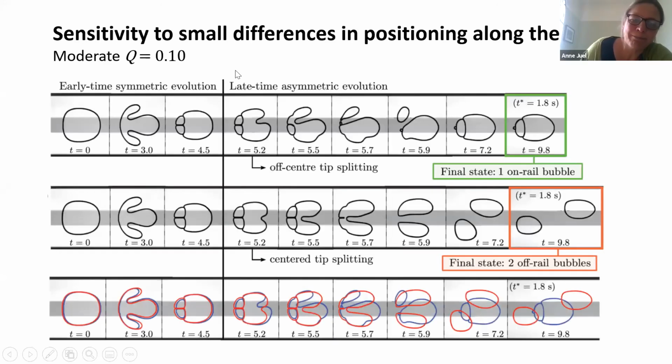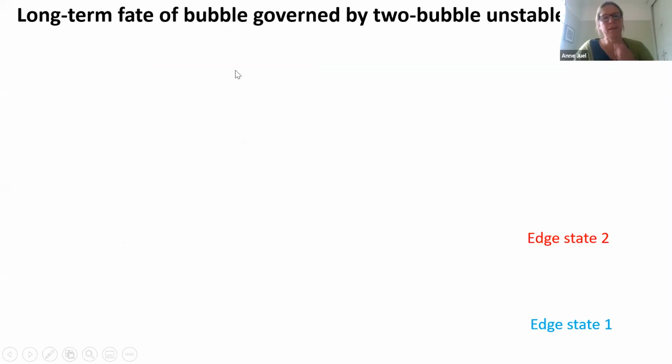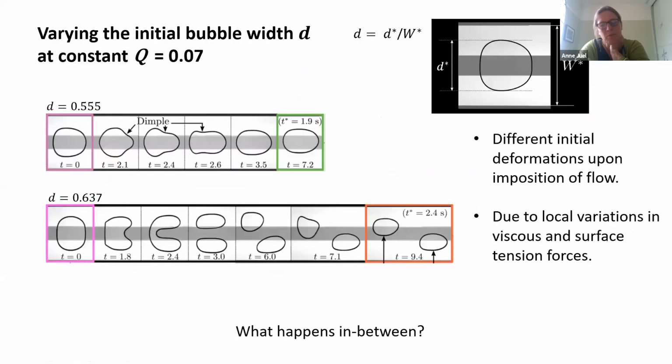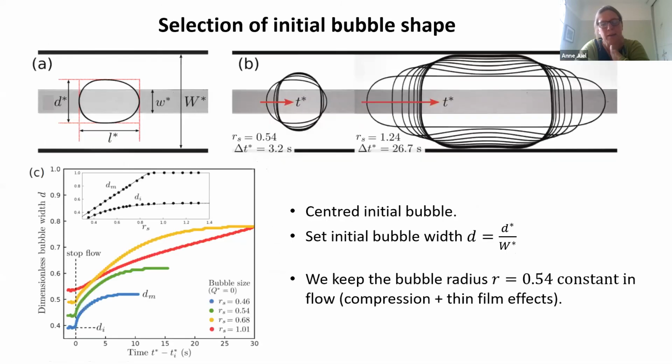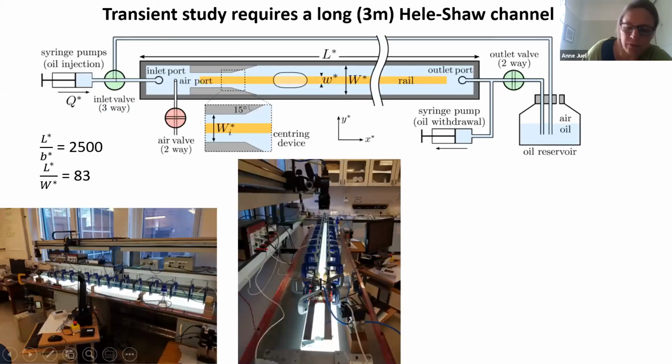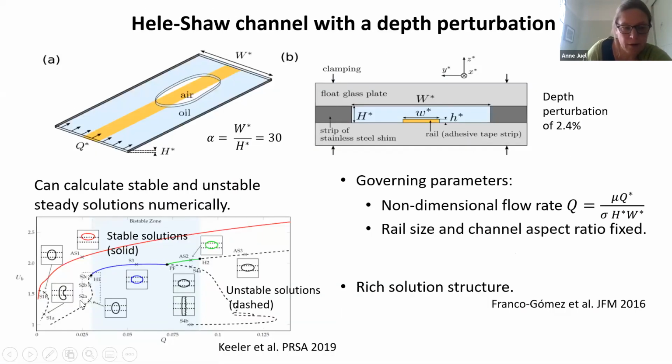Yeah, so in that case, if I go back, I didn't actually detail what the system would do, but if you look at this diagram here, in the lower left of this slide, these are the steady solutions of the system, and the solid lines are the stable solutions, and the dashed lines are the unstable solutions. And you can see that, for instance, initially you will start with a symmetric bubble at